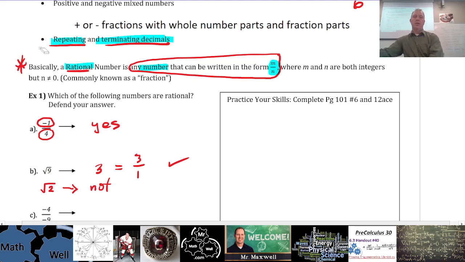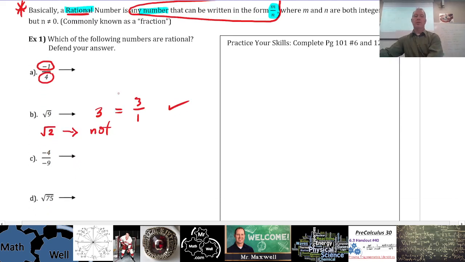So it's not a rational number. And we said when we talked about perfect squares, it's not a perfect square, right, if it doesn't do that. So this is not, as well, a rational number. Okay? What about